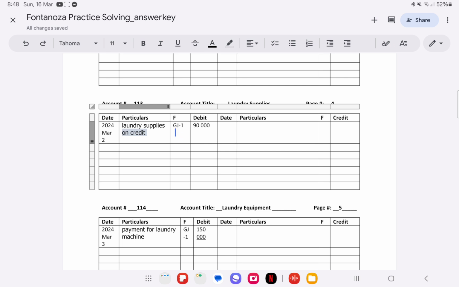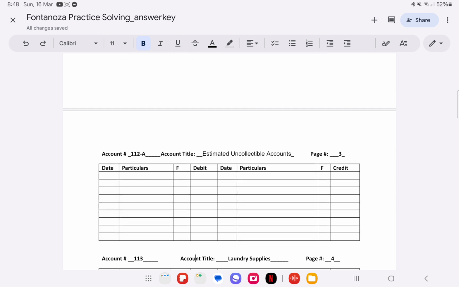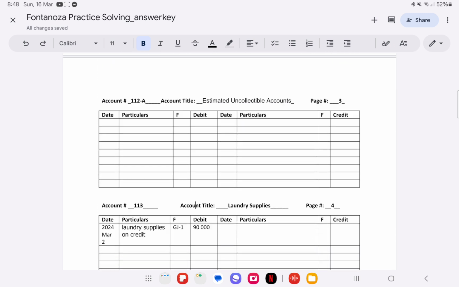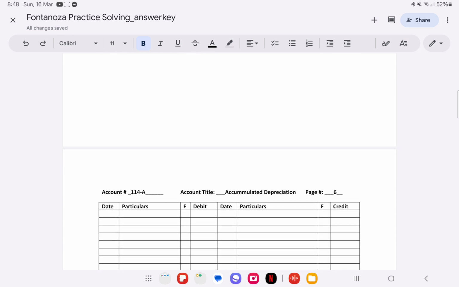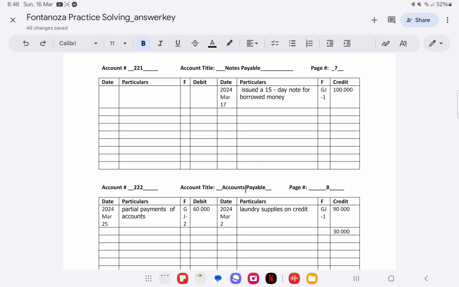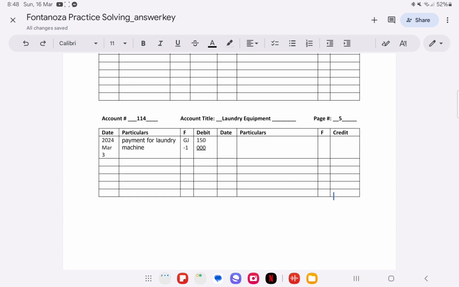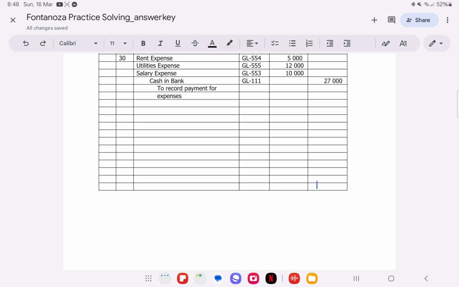So that's GJ1 because that belongs to page 1, and 90,000. So what's your value parted with? Your credit is accounts payable, so find the accounts payable account title and post it to the credit. Okay, credit 2024 March 2, laundry supplies on credit, GJ1, 90,000. Okay, so next transaction we have